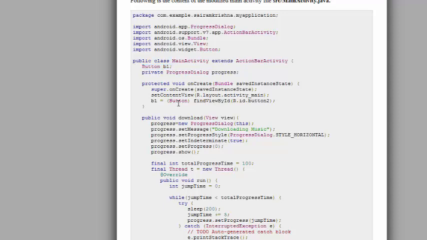it just downloads the music. Okay, it just shows that. So I created a download method here, and pass some view. So this progress dialog,